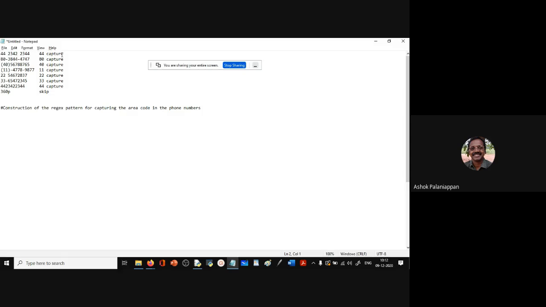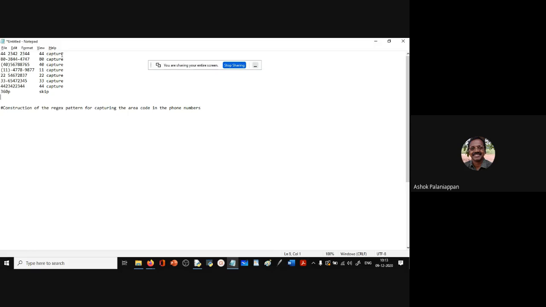So now if you want to extract the area code, we can't do it with simple string methods. String methods will be hopeless. What we want to do is construct a single regular expression that will be able to trap all these different phone number area codes. A single pattern that can match all the area codes that we want to match. So that is the idea, and that is the flexible pattern we want to devise. At the same time, the pattern should not match unwanted entries like 360P, which has a letter and should not be matched. We don't want it to match other words that contain numbers along with some letters. That should not be matched.